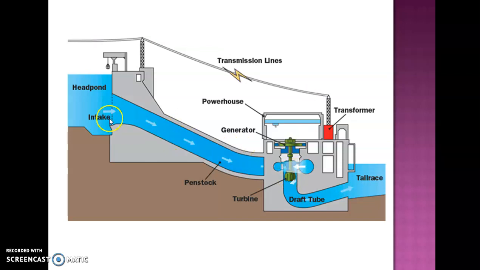So first, this is potential energy. Potential energy is converted into kinetic energy in the penstock. Now in the turbine, the kinetic energy is converted into mechanical energy as the turbine starts to rotate. Now the turbine is connected to the genset through a shaft. As the turbine starts to rotate, the shaft also starts to rotate and the mechanical work will be converted into